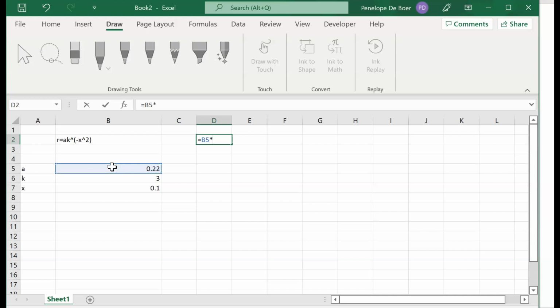And I want to multiply it by K, which is in B6. And then I want to take that to the power of, and I'm going to need some brackets, negative 0.1 to the power of 2. And I should get